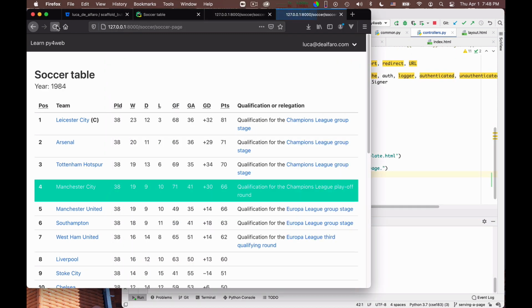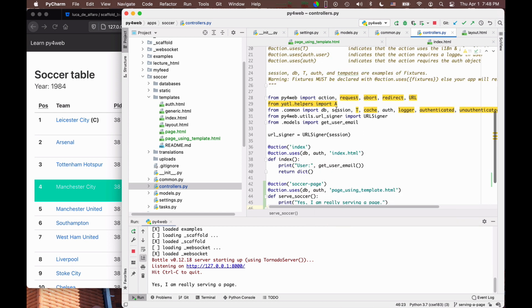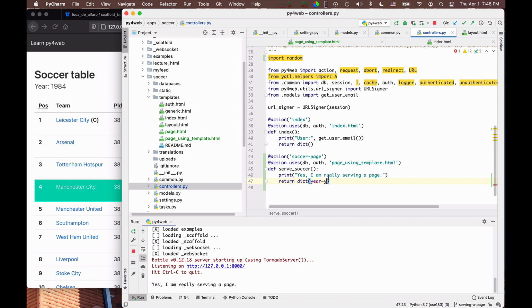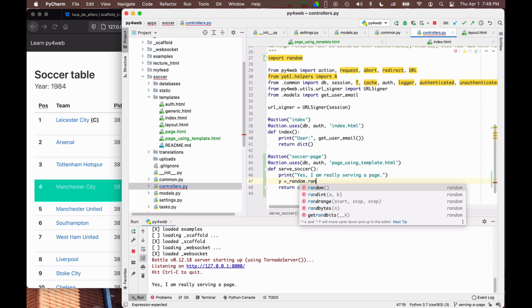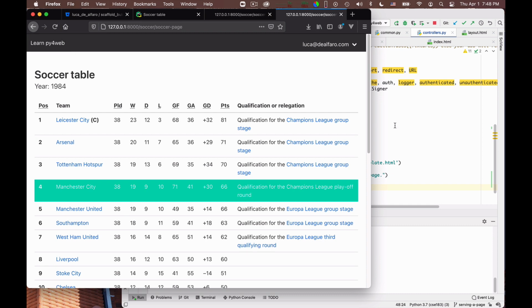and look at this page, not only, but this is produced by code. For example, I can say this year is equal to y. I can say import random, right? I can import any standard Python module if I want. And then I can say, for example, here that y is equal to random randint. Give me a random year between 1980 and 2020. Okay? And so this, every time I load the page, will fill that hole with a random item. Let's see. Oh, I have to reload.